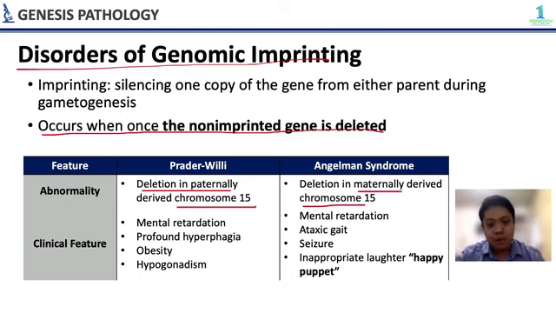Maternal, so mother. Sa Prader-Willi, ang clinical manifestation sa kanya is profound hyperphagia, as in hindi nasasatiate yung appetite nila, kain sila ng kain, demand sila ng demand ng food, which leads to obesity and hypogonadism. Meron din daw silang almond-shaped eyes. Next, you have your Angelman syndrome, which is also called happy puppet kasi nagde-display sila ng inappropriate laughter, intellectual disability, ataxic gait, and seizure. That is all for genetic disorders.